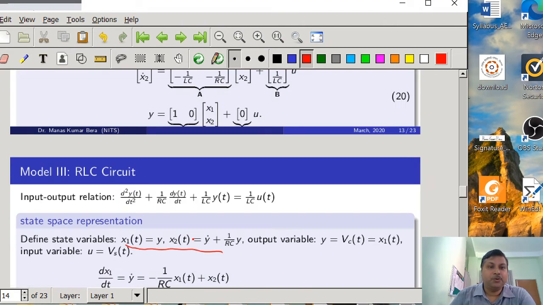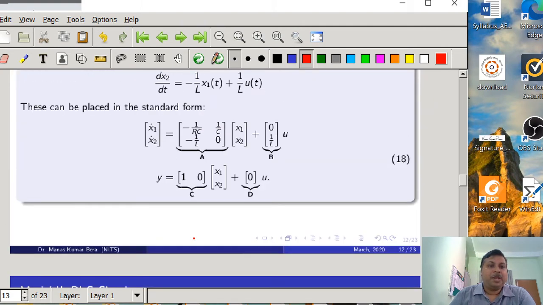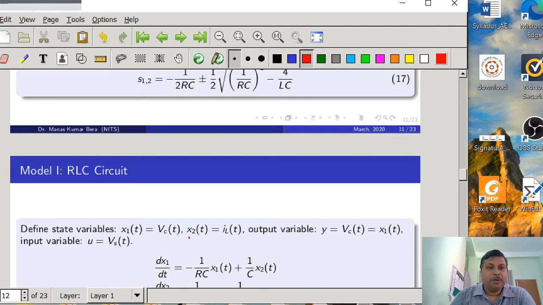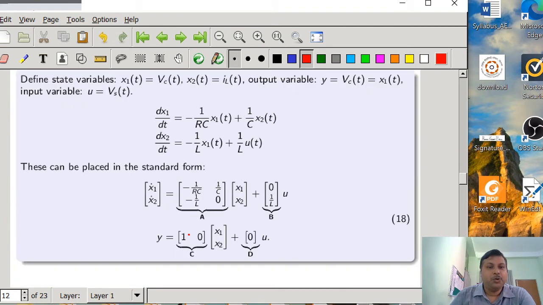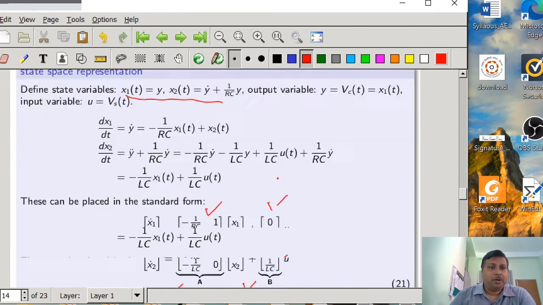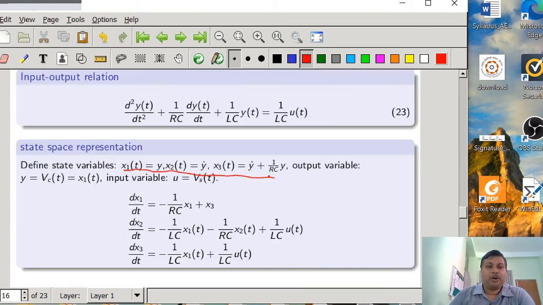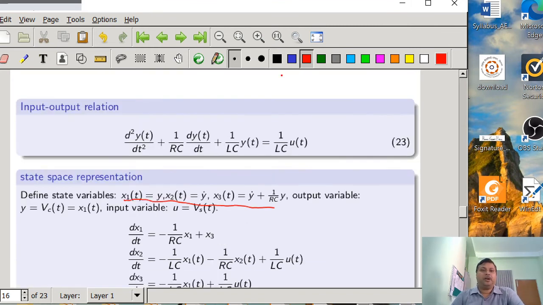I will request you to verify this fact with model 1 as well as model 2, because for model 1 and model 2 you will find that the A matrix, B matrix and C matrix are given. You will verify whether you are getting the same transfer functions or not using the relation G is equal to C into (sI minus A) inverse into B. Fine. So now we will move to model 4, because model 4 is a little bit different, because here we